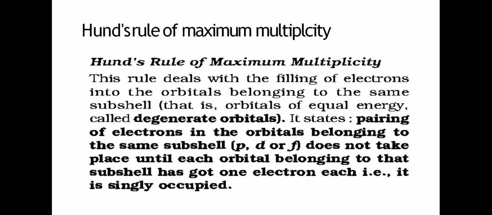All right. So we will not move to the next subshell until we singly fill the orbitals. The basic need is to do it in sequence: first singly filled, then we start pairing. We come back to the first degenerate orbital again, and then we start the pairing. So it is singly occupied.